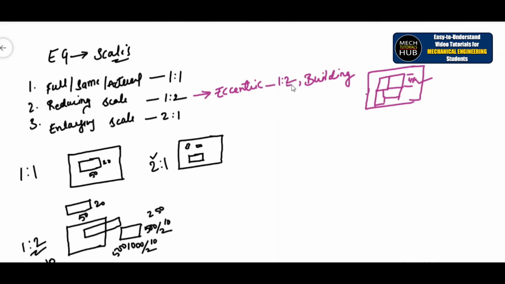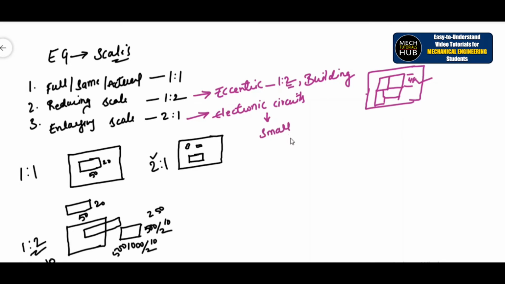After dividing by 2 also, we need to show the same value here in the layout. Okay, big buildings or any big structures can be shown in that way. In the similar fashion, if you take the example of enlarged scale, you can take electronic circuits. Electronic circuits are one of the best examples. Okay, the best example is under your watch dial. If you open the wrist watch dial, there the circuits are very small in size.